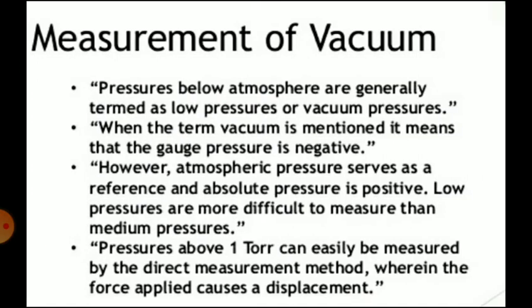Regarding vacuum measurement, vacuum pressure gauges are used for measurement of pressures below that of atmosphere, and this pressure is commonly referred to as vacuum. There are two methods for measurement of low pressure. First is the direct method. The direct methods of measurement involve measurement of a displacement produced by elastic pressure transducers as a result of application of pressure.